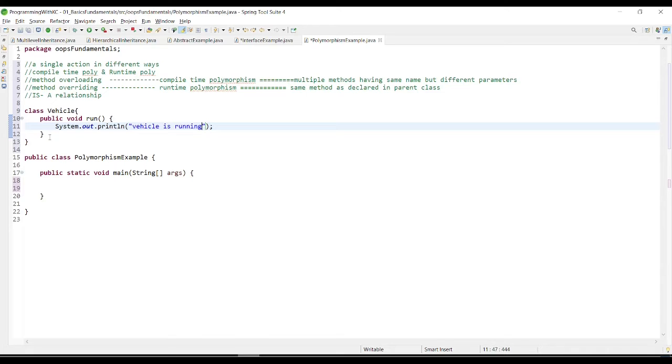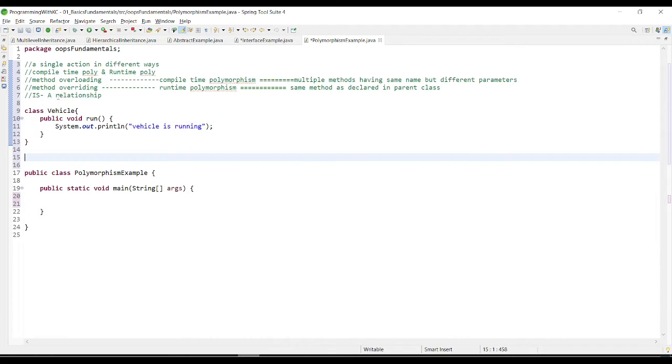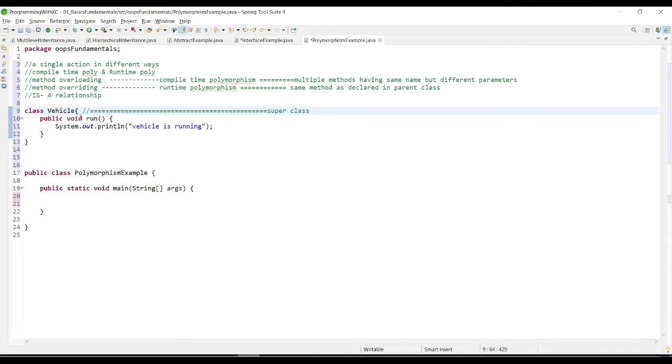I completed this method, and it is present inside the class Vehicle. Let's say the class Vehicle is your super class.